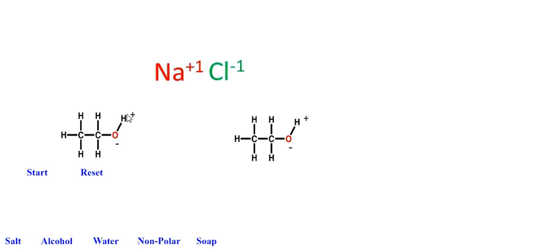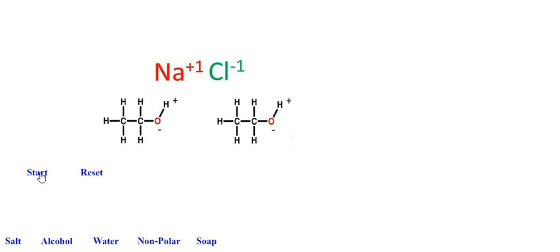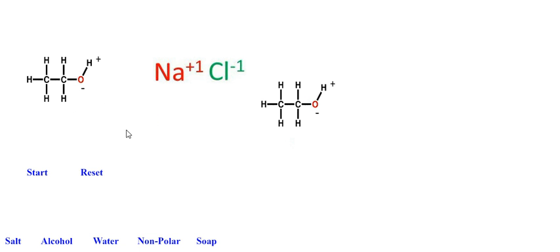Let's take the alcohol and see if it can separate out sodium chloride. Let's see what happens. Let me hit start on that. Okay, we see that it can't do it. We have to remember that sodium and chlorine are also attracted to each other. Water is polar enough, strong enough to break apart the sodium chloride bond, but alcohol is not, because we have this polar molecule here, this part, with nonpolar carbons in there. These are tetrahedral carbons with no lone pairs. So we find that salts won't dissolve in everybody because they're still ionic and attracted to each other. You've got to have a really polar solvent like water oftentimes to dissolve sodium chloride and other